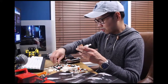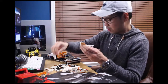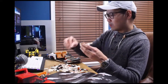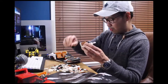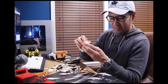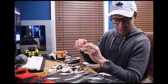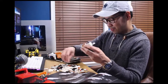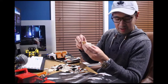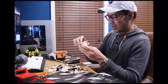Sometimes you'll just want to see the Targa and do it. Sometimes you'll just want to see the turbo and do it. Or if you're on Greg's level, you can get both, and that would be really sweet. Just having the Targa and the turbo versions next to each other. That would be really sweet. And yeah, maybe, who knows, man? I'm kind of throwing the ball out there, but